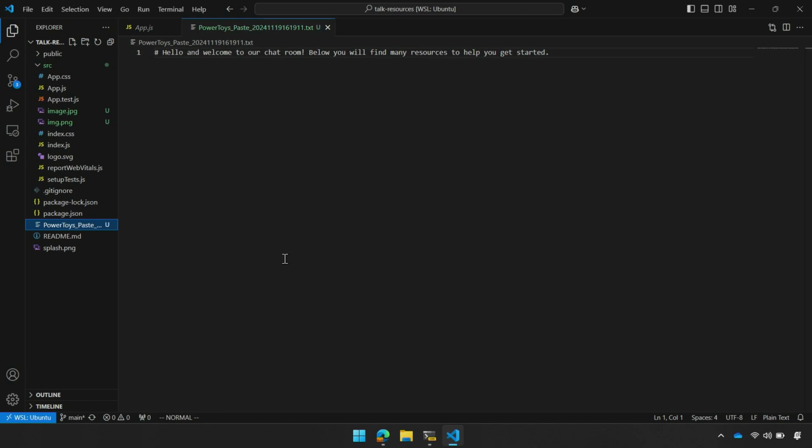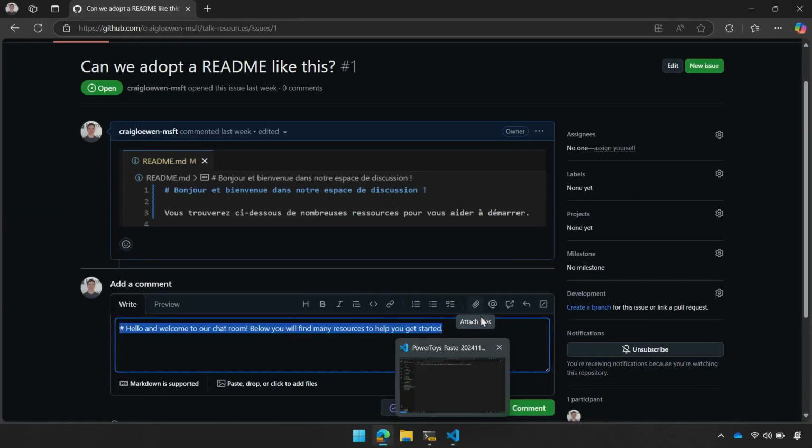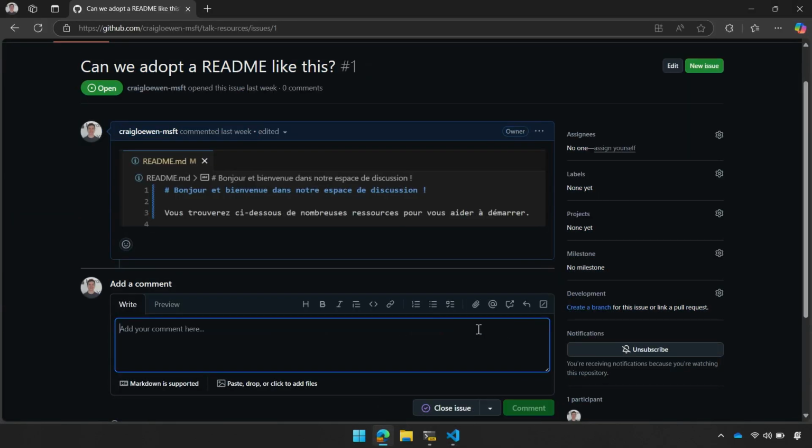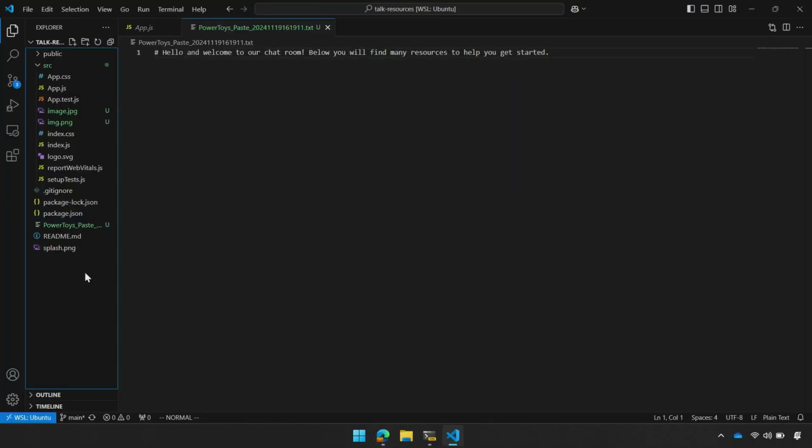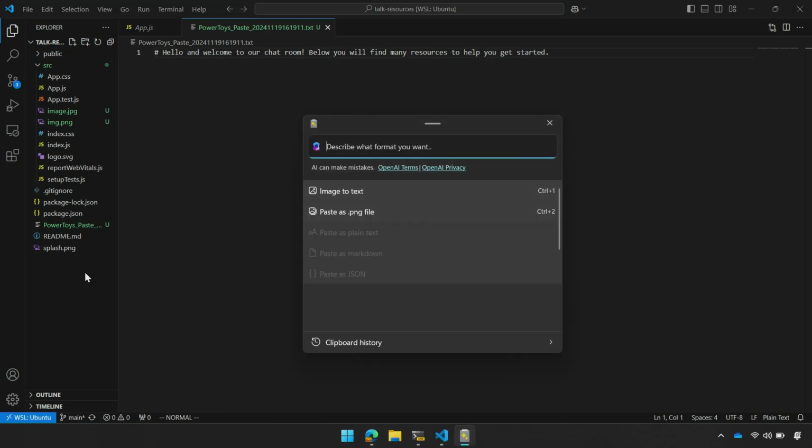So it's a really versatile tool to convert into whatever format you need when you're copy and pasting information. But here's kind of where the magic happens, and this is one of my favorite demos. I'm going to take that screenshot again. Again, there's only a screenshot on my clipboard, so if I hit Control V on this, it's not going to paste in the file as I wanted. Instead, I'm going to open up that menu, Shift Windows key V, and type in translate this